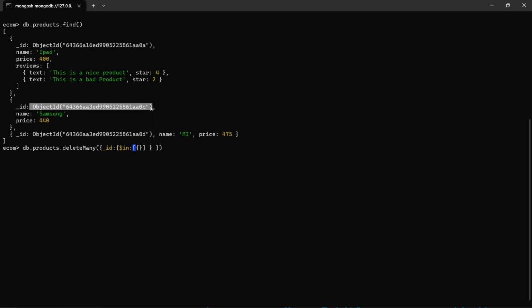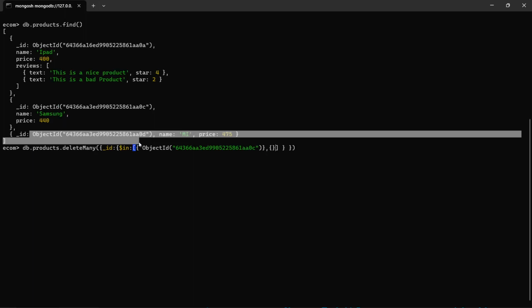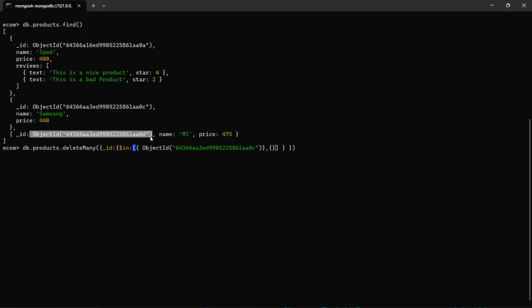So I don't want this product, so copy this thing and paste inside this, as well as I also don't want this object id. I also don't want this product. Okay, so let's just copy this and paste inside the curly braces. Now it is all good. The moment I press the enter button,